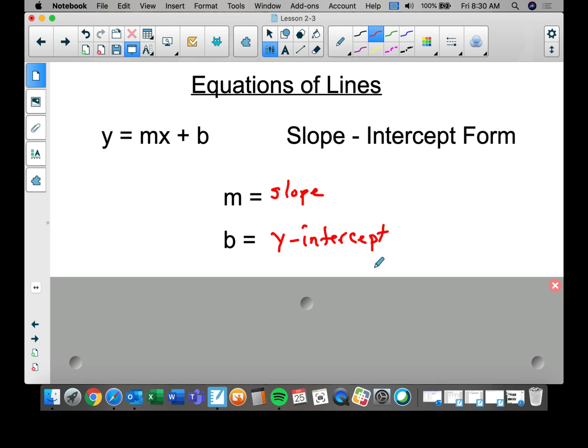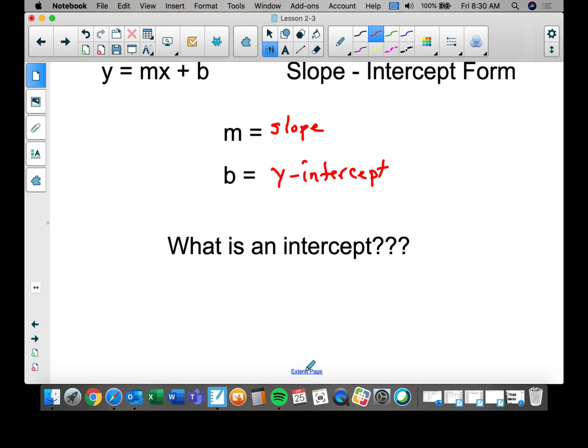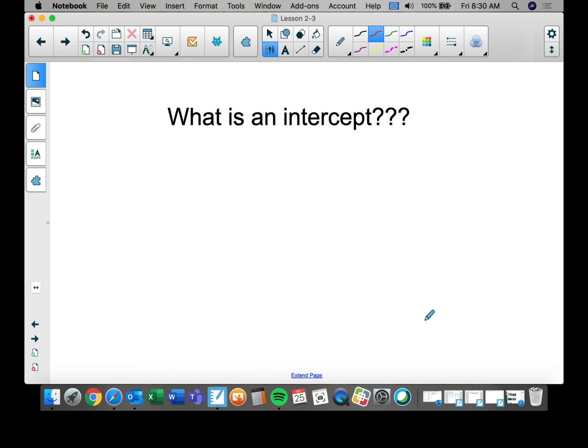Remember, when you graph a line, you always start with a point. So in this case, you start with the y-intercept, you plot that point, and then from that point, you use your slope, okay, to find other points. So if we take a look, when we say what is an intercept, just in general, we can talk about that in terms of both x and y intercepts, but generally an intercept is where